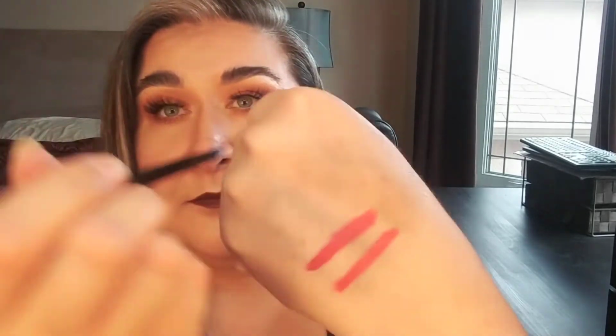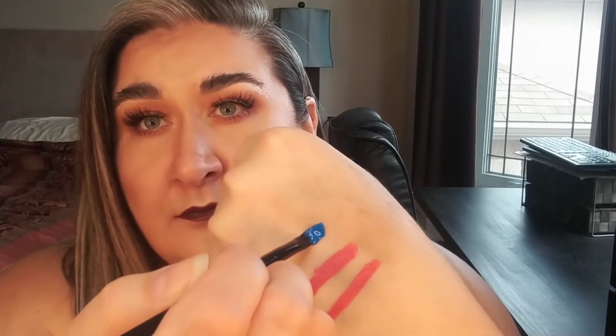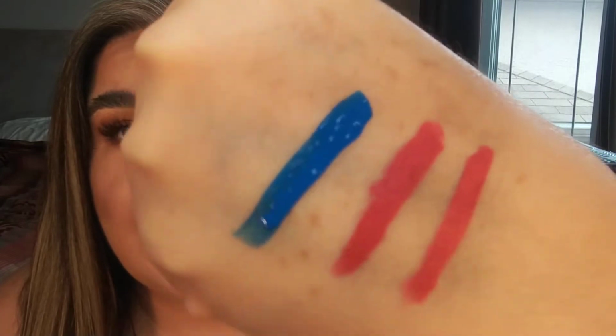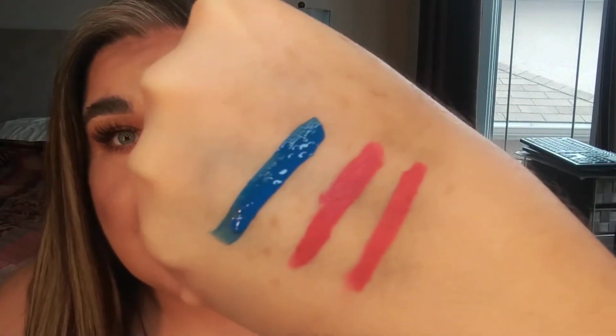So I'm going to take this brush now, and I'm going to do the JD Glow one first. Really pick it up on the brush. You can see it there. So there is the JD Glow mixing medium with the pigment. So these would make pretty good liners so far. A little bit thick if you add too much pigment to it, but we'll see what that's like when it